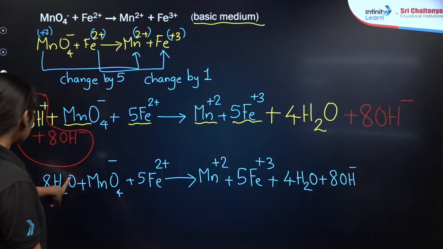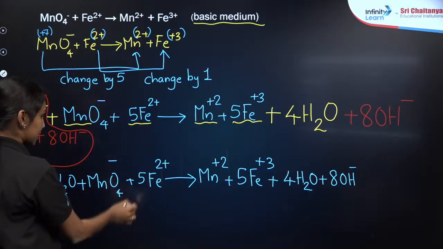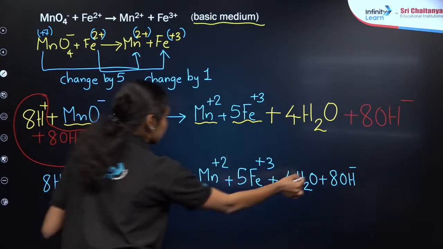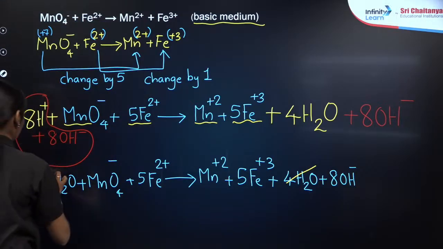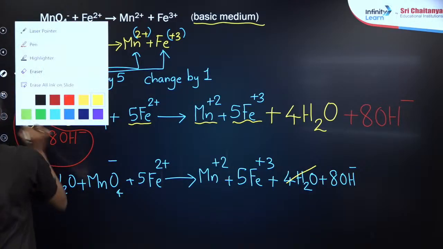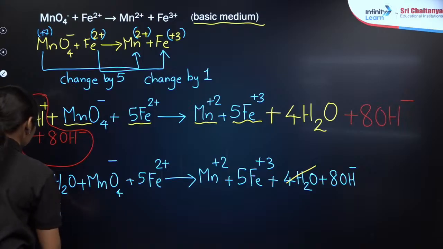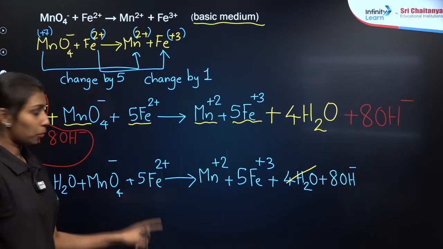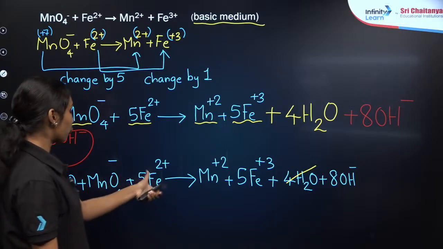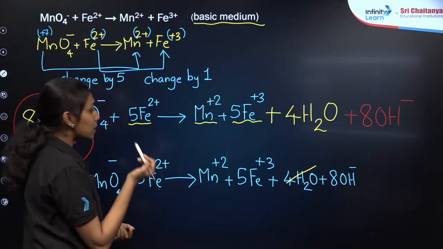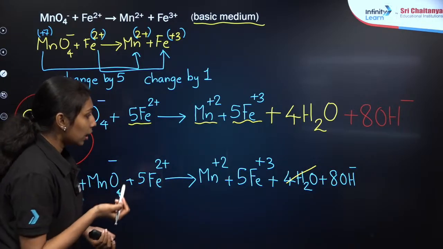Here you can see that 8 water molecules are present on the reactant side. Here it is 4 water molecules. So I am just deleting, it will become 4 water molecules, right? Therefore, the final equation will become 4H2O plus MnO4 minus plus 5Fe2 plus gives Mn2 plus 5Fe3 plus 8 OH